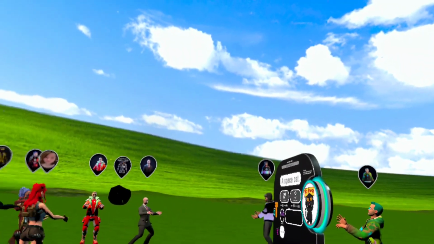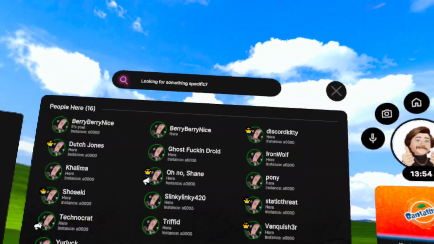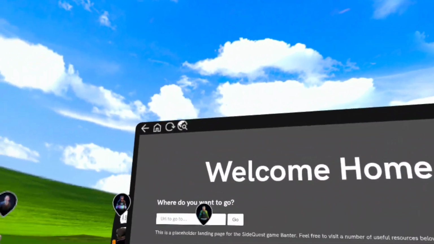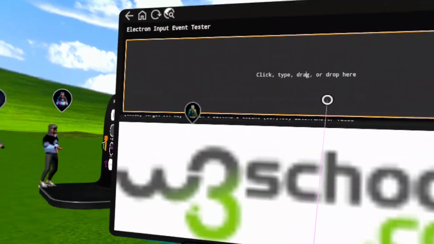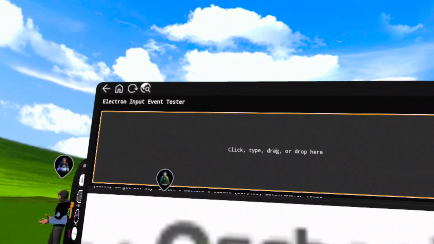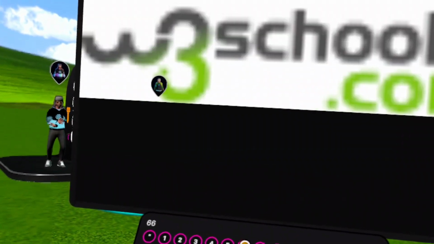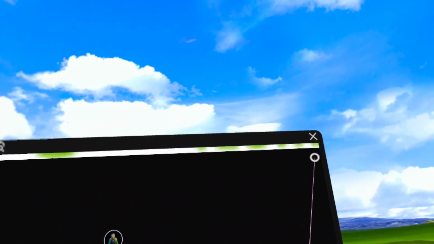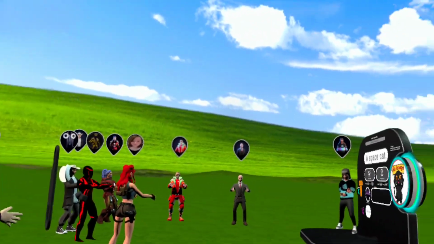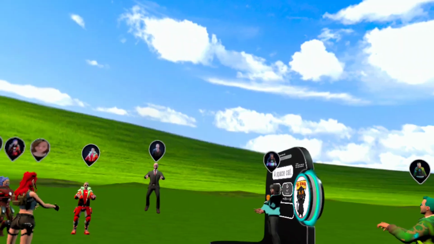For anyone who's unfamiliar, we're talking about Technocrat's Inspector, which you could describe as a world builder, the ability to spatially manipulate objects around you. Kind of like this world builder, but on steroids, and able to do a lot more than what this one can do. And I think eventually with the scripting capability, as well as a sprinkle of some AI magic,